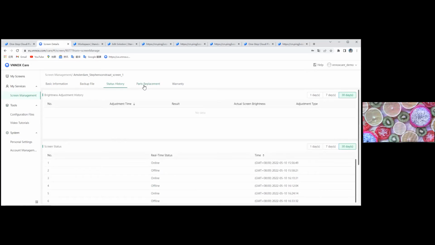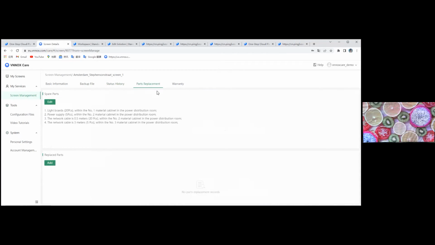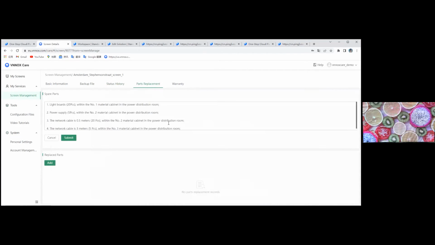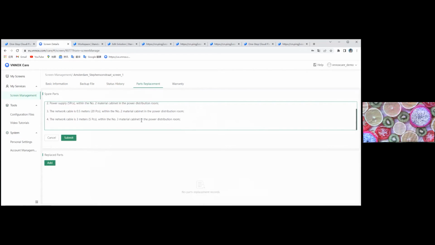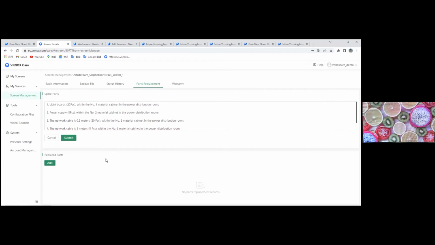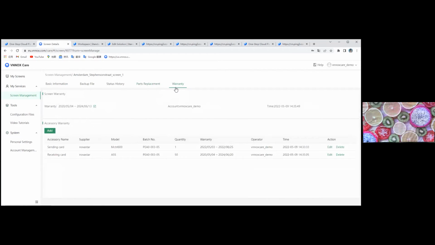And then the fourth part is the part replacement, which means that you can add some remarks, such as where my module was installed and where the receiving card was installed. Once you find the receiving card needs to be replaced, you can check here to find it quickly. And the fifth part